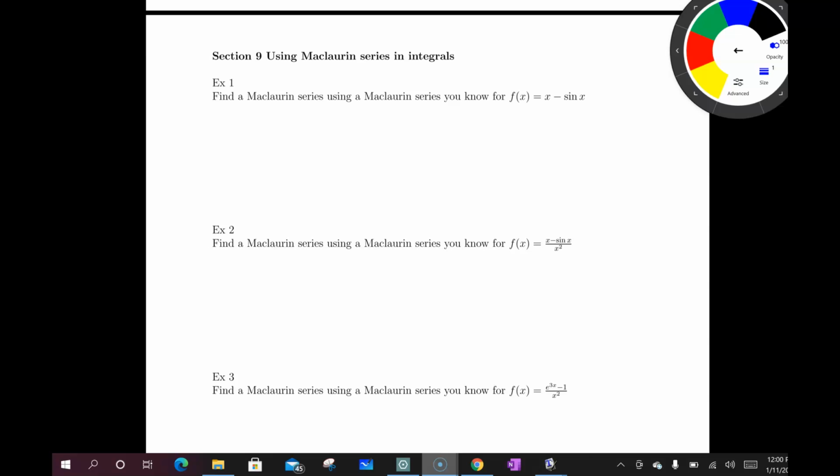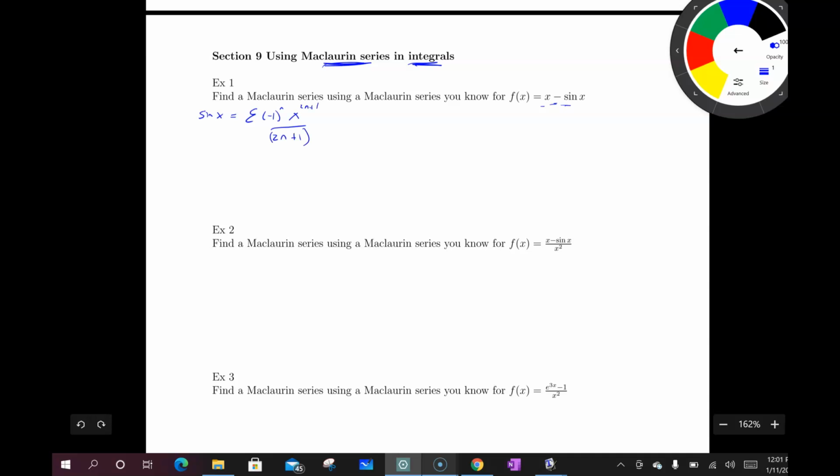All right, so now let's go use some Maclaurin series in some integrals. Some a little more challenging Maclaurin series. Okay, so this has x subtract sine of x. So we haven't done that before, so let's try it. So let's start off with what sine of x is. So you know the Maclaurin series for sine of x